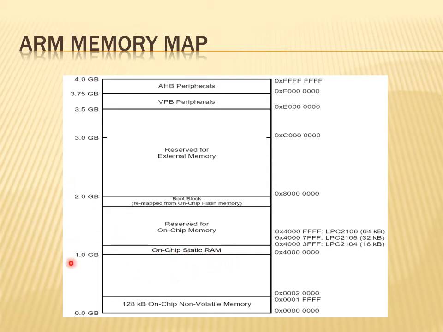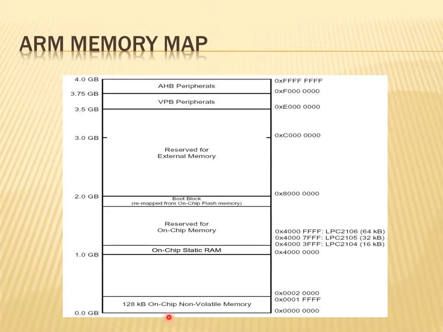Being 32-bit wide, the address size is 32 bits wide. So every memory location address has 32 bits of information. Automatically, 2 raised to 32 is equal to 4 GB. So the entire 4 GB of memory is available for the ARM processor, or in an ARM architecture, you can say.